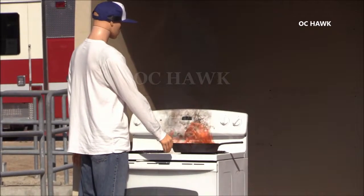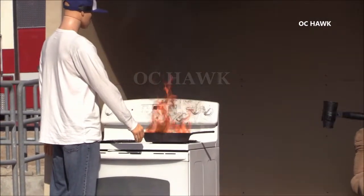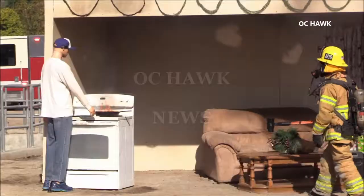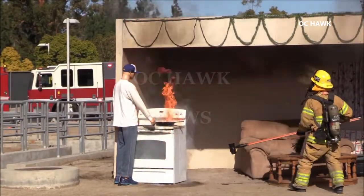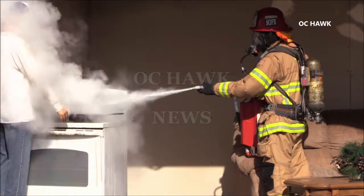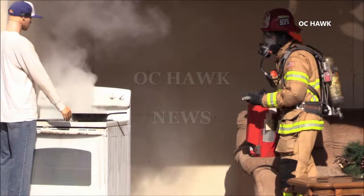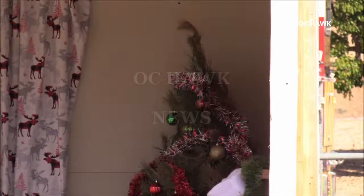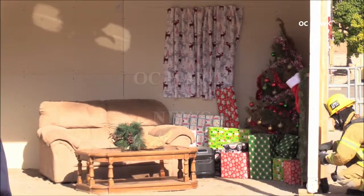Reactivity on the burning grease, what not to do. Show you how to cover it with a lid. It's self-explanatory. If it's a small enough fire, you can put the lid on it, which will extinguish the